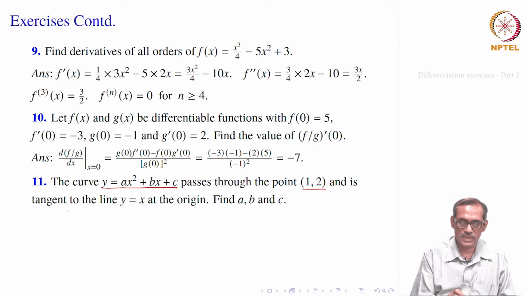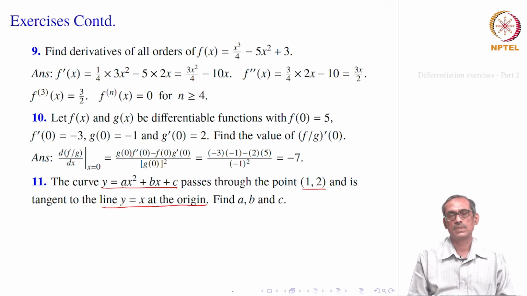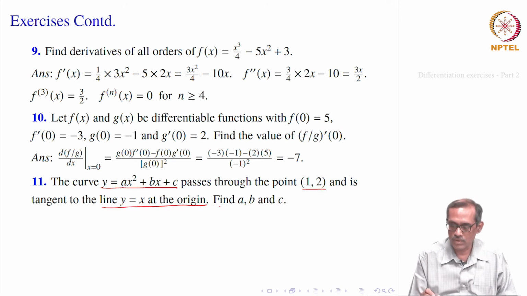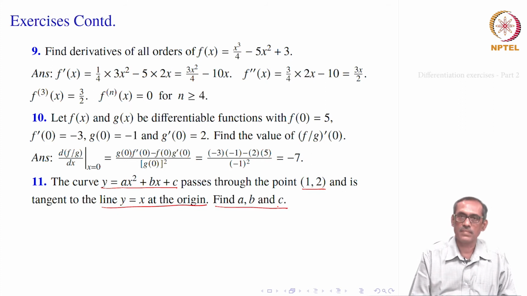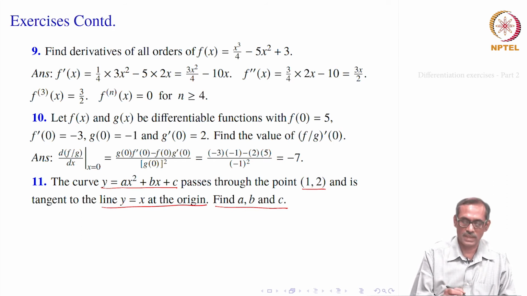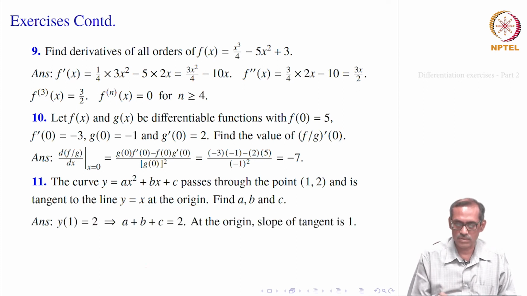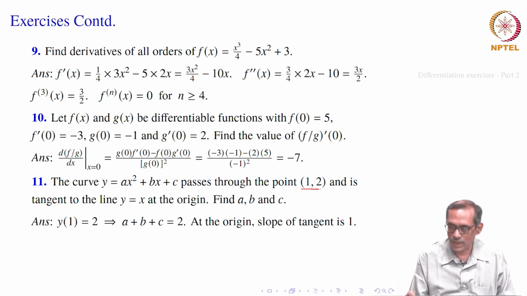And we know that the curve is tangent to the line y equal to x at the origin. So, y equal to x becomes the tangent at the origin to the curve. So, that means origin is also a point on the curve. We want to find out a, b and c, that is what is being asked. So, for which curve will this happen? It will pass through 1, 2, and be tangent to y equal to x at 0, 0. So, first thing is let us find out its values. It is given that 1, 2 is a point.